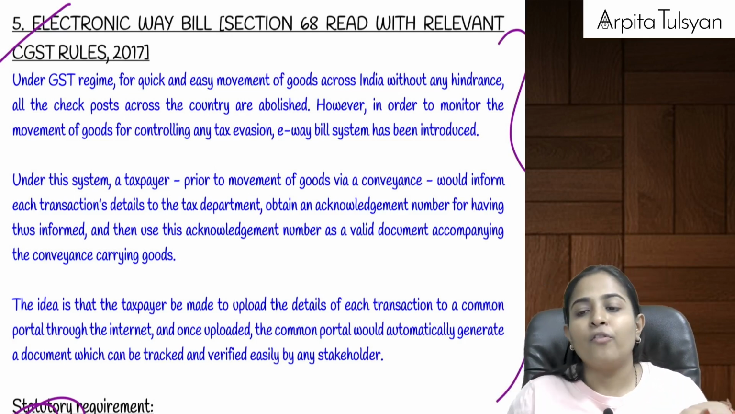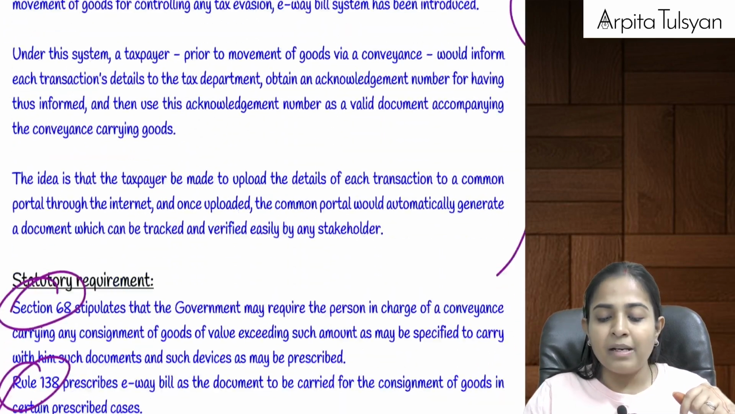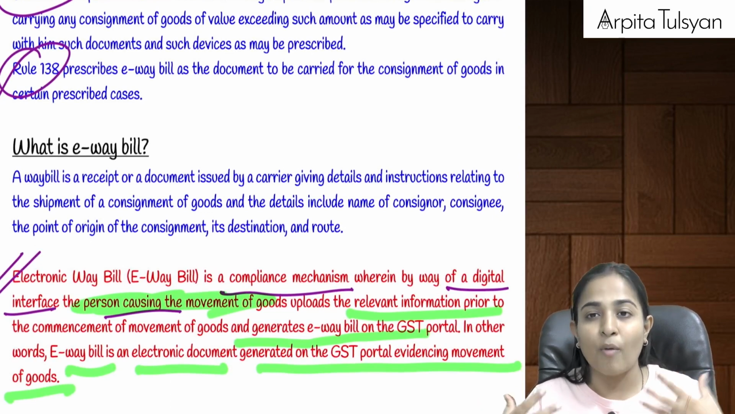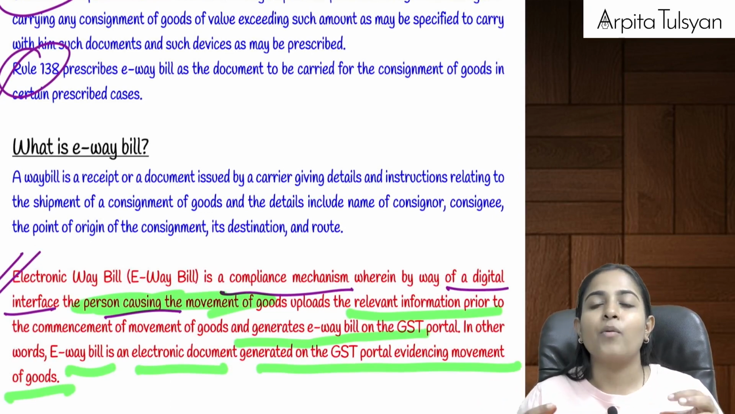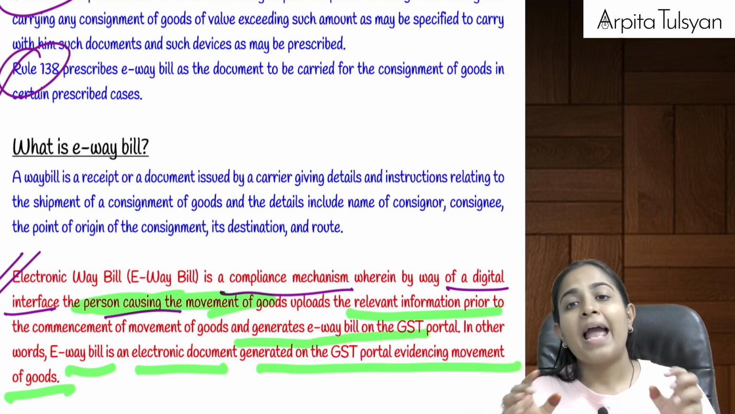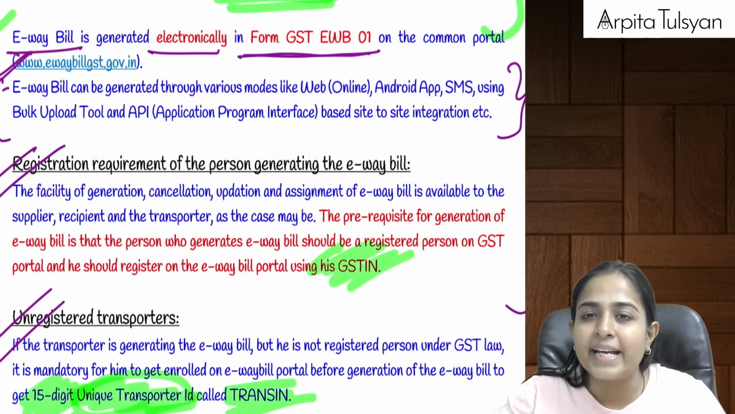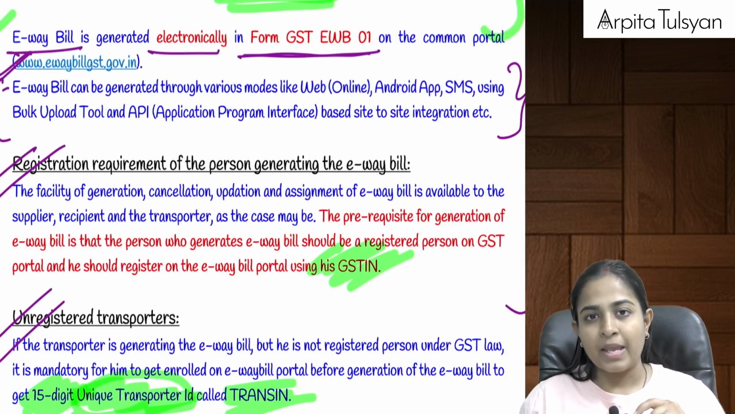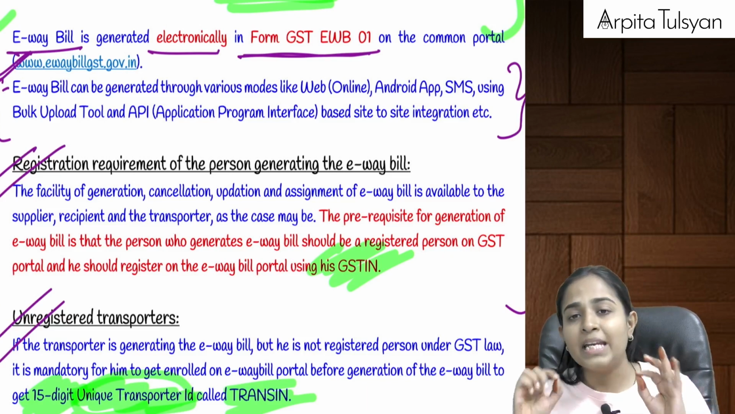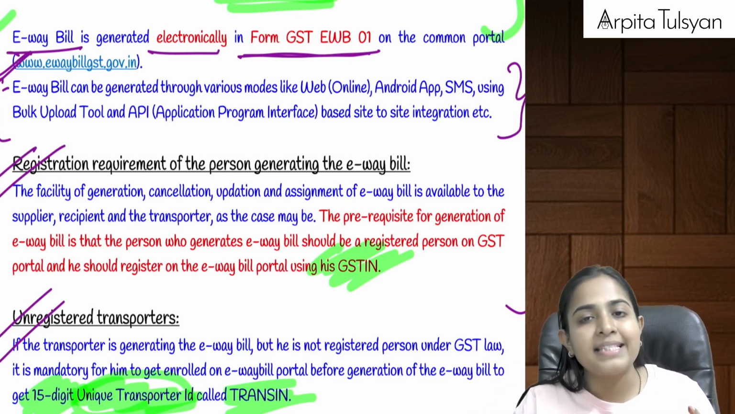Now first of all, what is the meaning of e-way bill or what is the purpose of e-way bill? E-way bill is basically a document. It is a compliance mechanism which we are required to generate whenever there is a movement of goods from one place to another, and when your consignment value exceeds rupees 50,000. I am not telling interstate, I am not telling intrastate, nothing. Whenever there is any movement of goods from one place to another, and if the consignment value exceeds rupees 50,000,